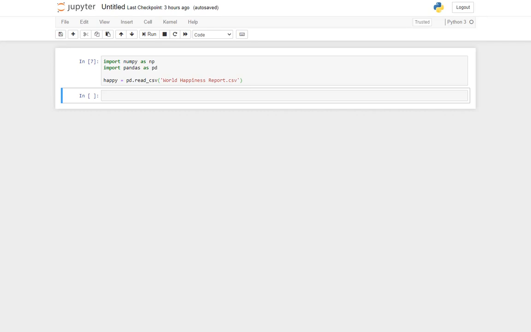I am using a data set which I have downloaded from Kaggle. It is about the World Happiness Report. None of you can use the same data set. You will have to use your own data set which you have already entered in the sheet. I am using this to give you a demo. You have to apply all these sorting methods on your own data set.